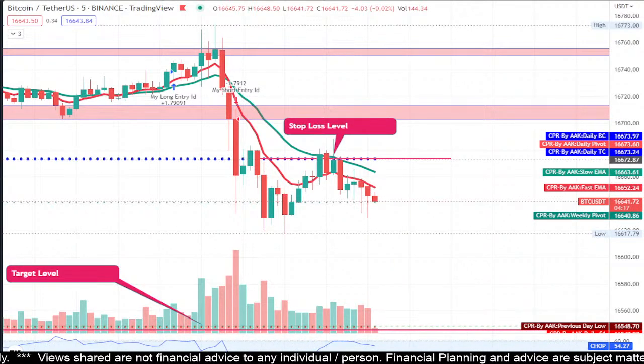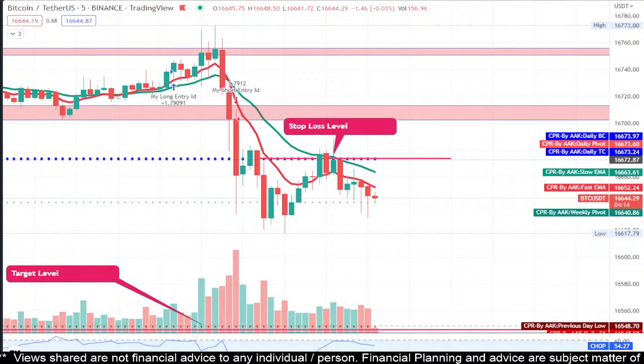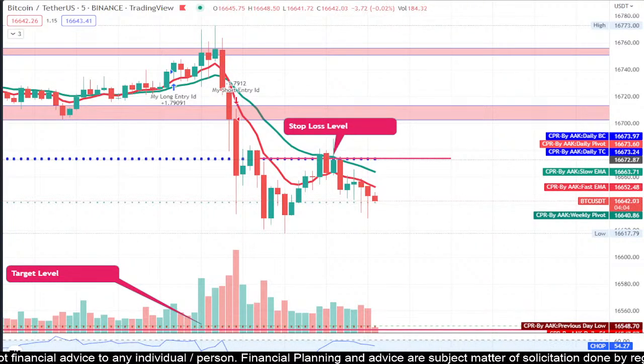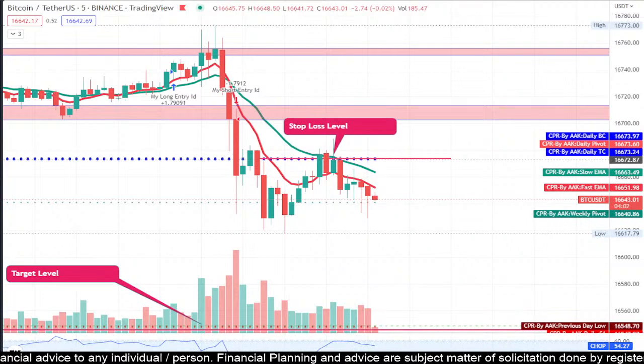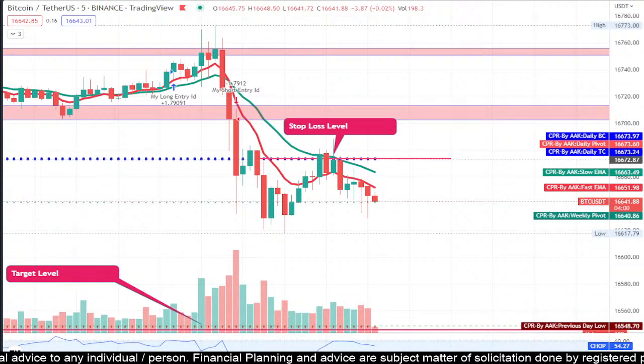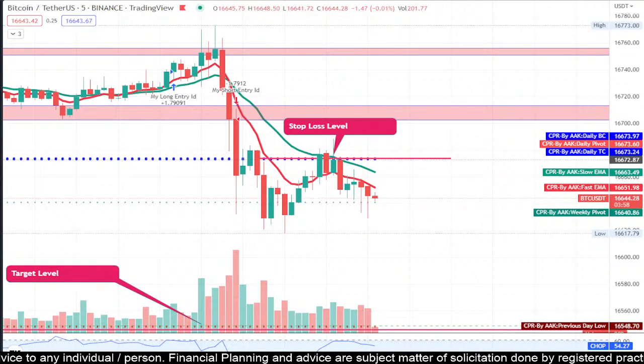However, the EMAs are sloping, that is, they are showing a downward movement, and at the same time, the price is also following the 8 and 20 EMA. Till the time the price is following both the EMAs, especially the 8 EMA, we are good, and we should expect this particular barrier to be broken maybe in another 5 to 10 minutes. However, the market is supreme. We need to follow the market and not our own